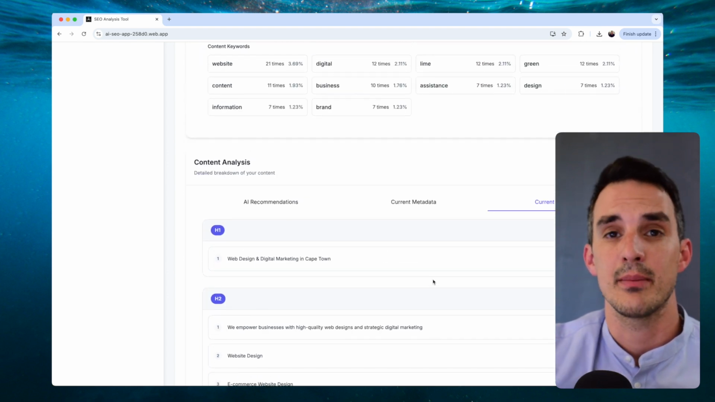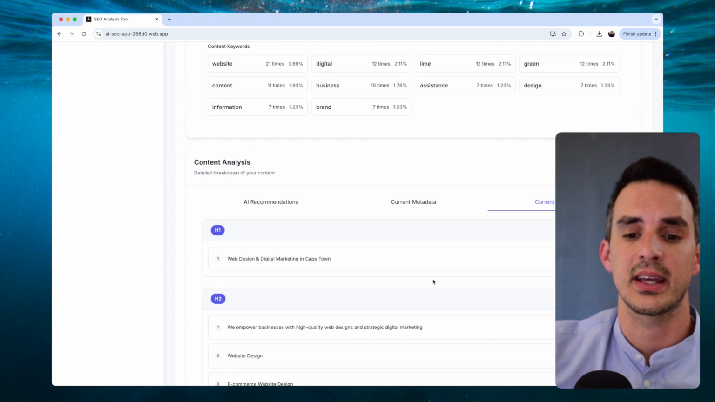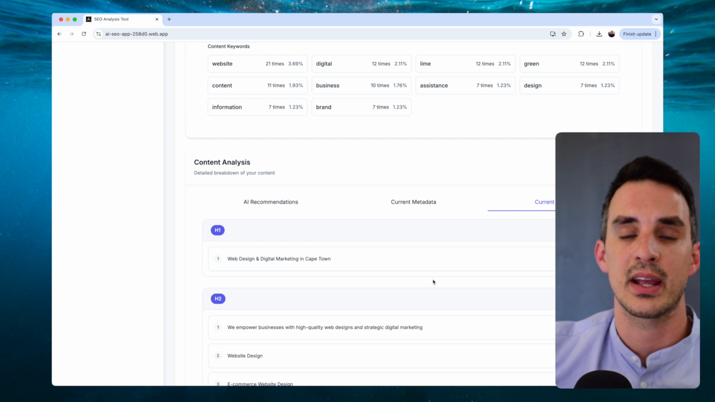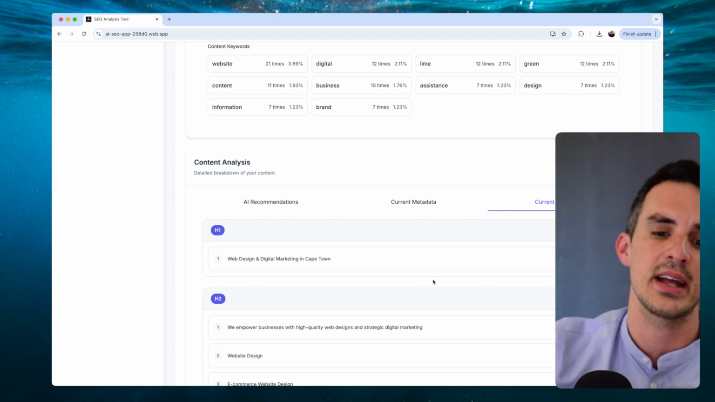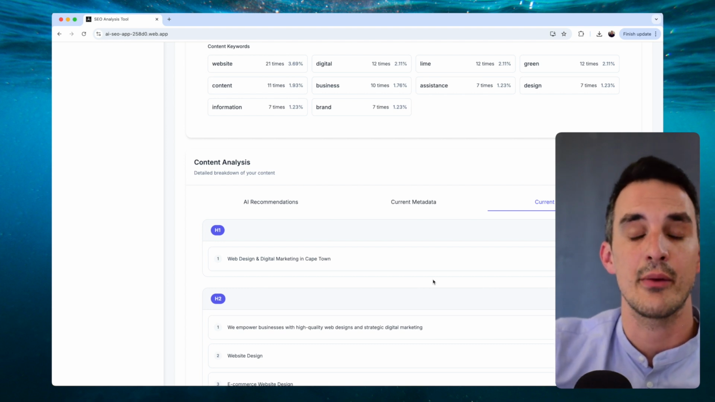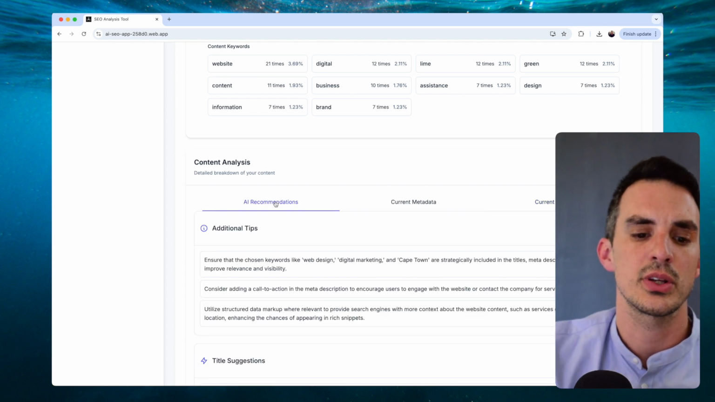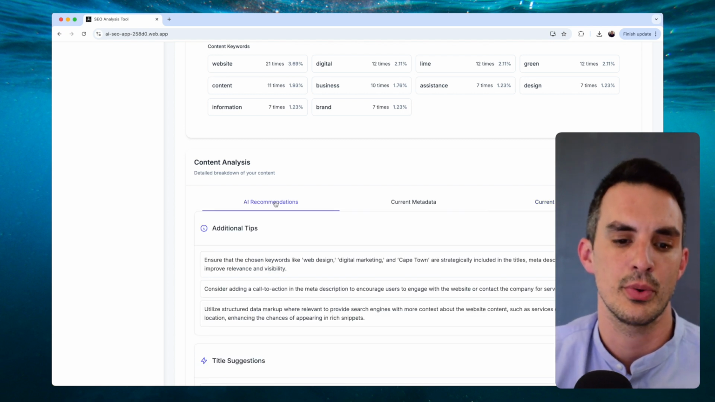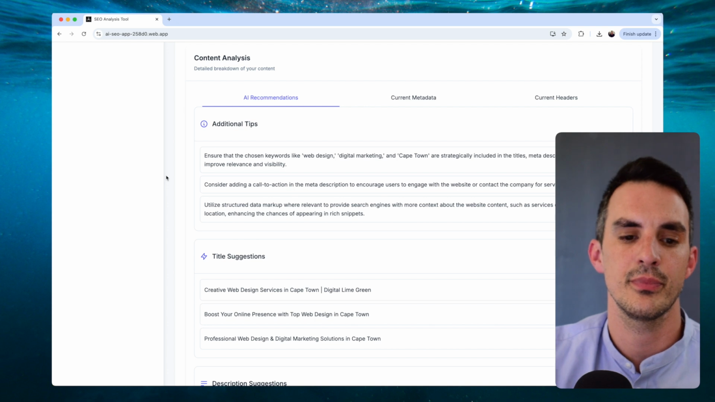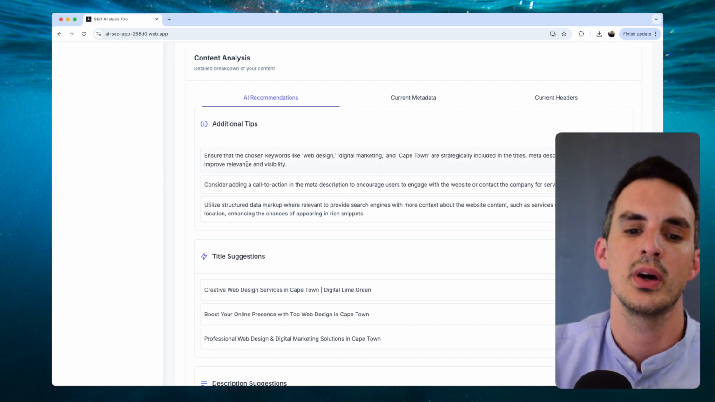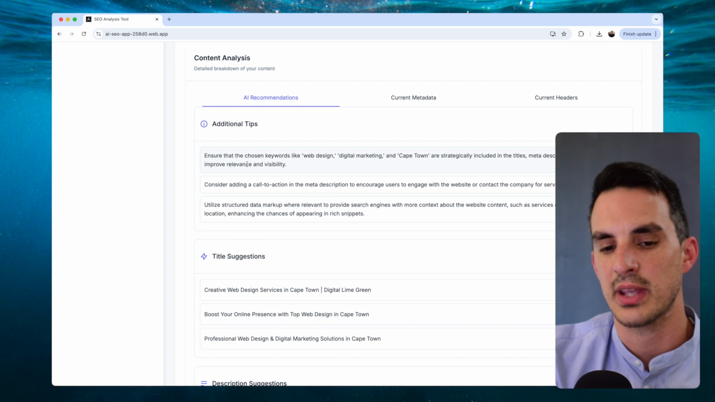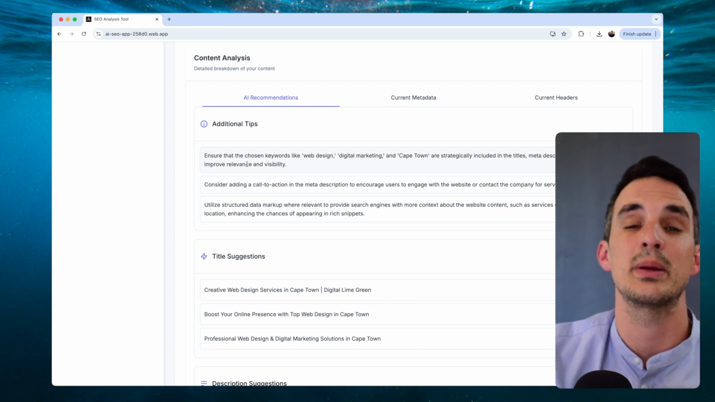What the AI recommendations are doing here is taking the current metadata and the current headers, and feeding that into the AI recommendations with the page content to give you some recommendations on what you can improve. So the first recommendations here give you 3 tips. It analyzes the page and says, okay, these are 3 tips that you could use to improve your